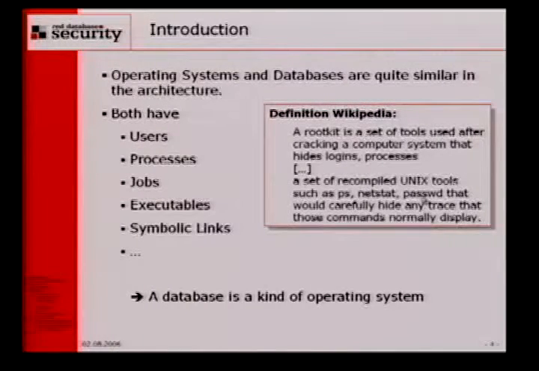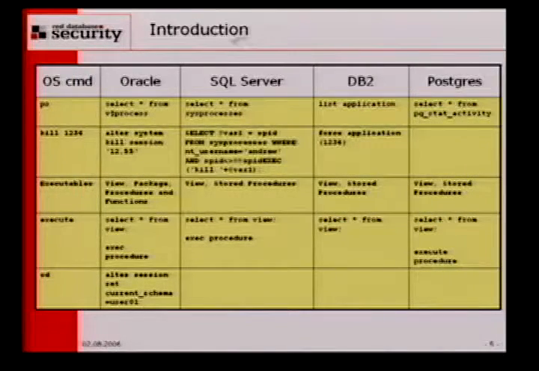A few years ago I made the observation that operating systems and databases are quite similar in the architecture. In both you have users, processes, jobs, executables, you have even something like symbolic links. In Oracle you can even change directories. And then I made the assumption, okay, a database is a kind of operating system. And to prove this,